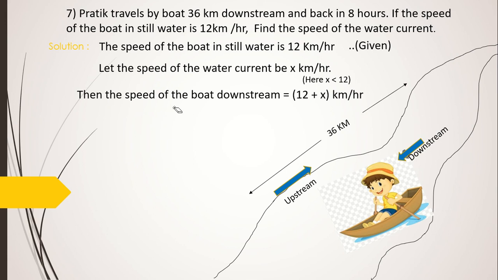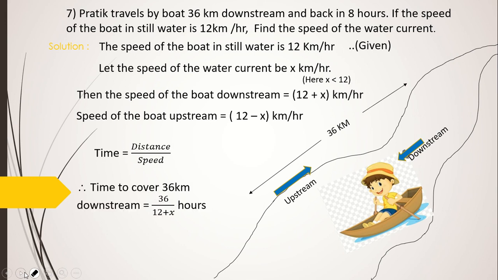Then the speed of the boat downstream we found 12 plus x, and speed of the boat upstream we found 12 minus x. Now time is distance upon speed, therefore time to cover 36 kilometers downstream is 36 upon 12 plus x hours, and upstream is so much. This we found just now, right? So from the given condition, time taken to go downstream and come back upstream, total time he has taken is